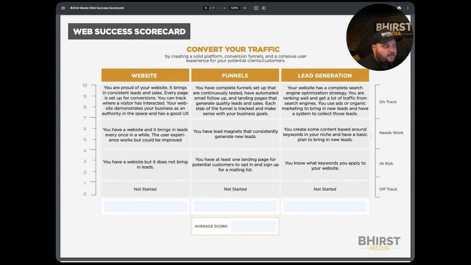Mid-tier is you create some content based around keywords in your niche and have a basic plan to bring it to new leads. So basically if that's your mid-tier, it needs a little bit of work. Low tier would be